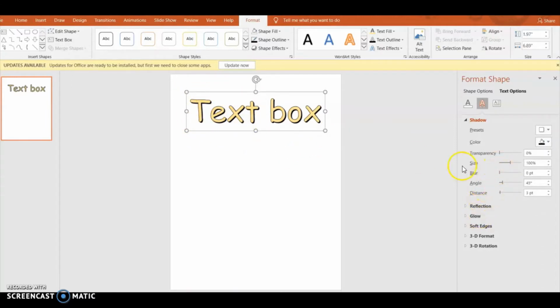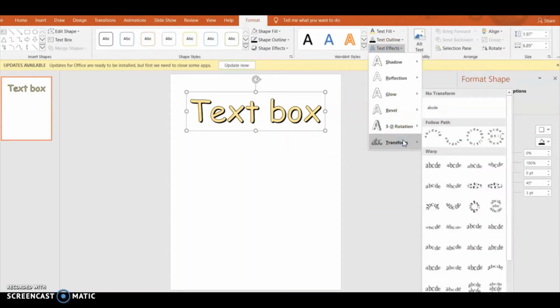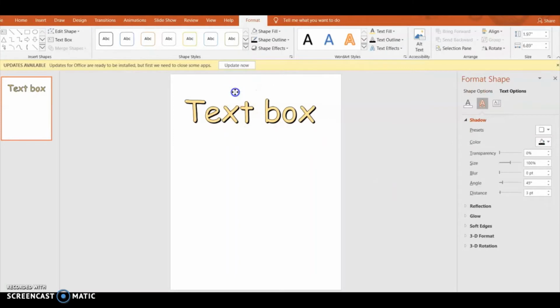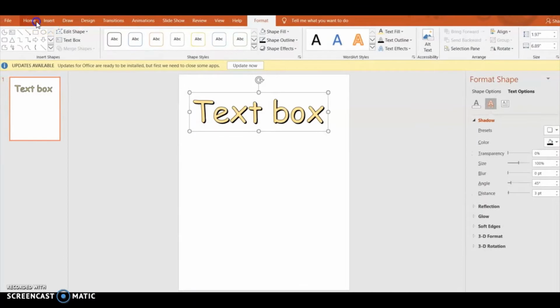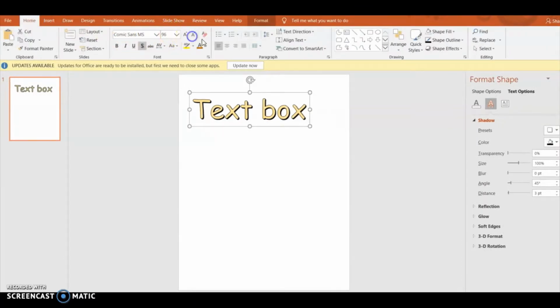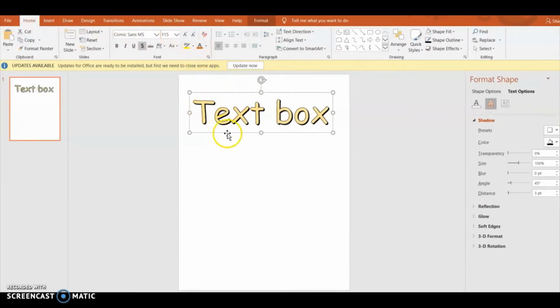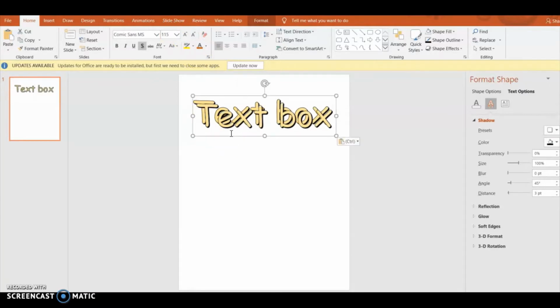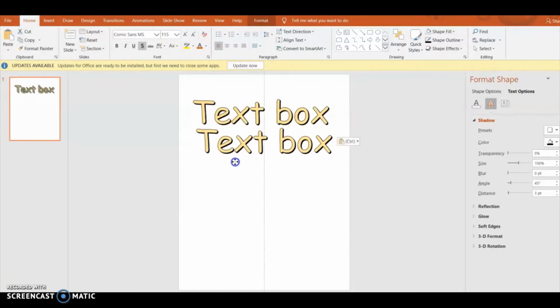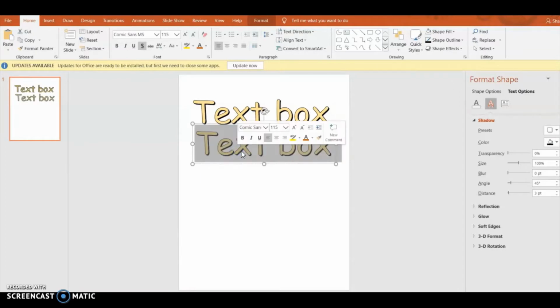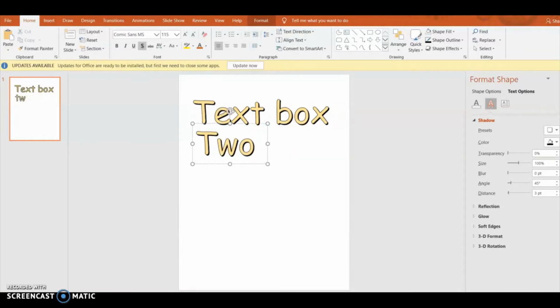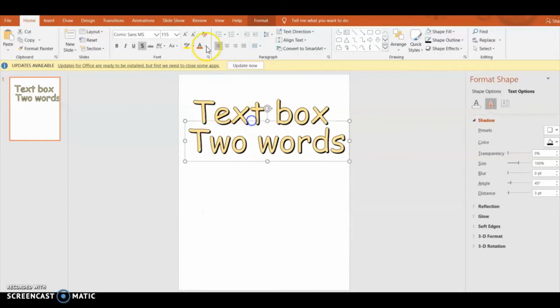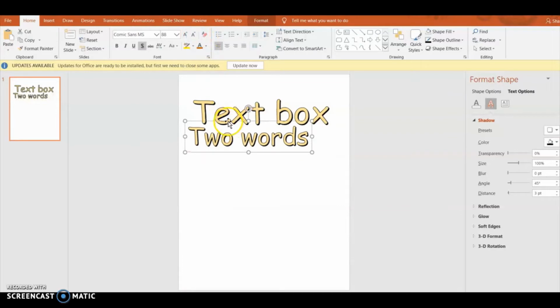Okay, the last thing I want to show you is this transform. Sometimes I'm trying to get text to fit inside of something, and I'm having a hard time as I play with the font sizes, and I'm messing with it forever trying to get it to line up just right. Or perhaps I have two different things, like a heading and a subheading, or my heading's really long, so it's two words. Sorry, I'm again typing with one hand. And I want them to be the same size, but it's hard. As I minimize it, I make it smaller, I can get it to be the same dimensions, but then